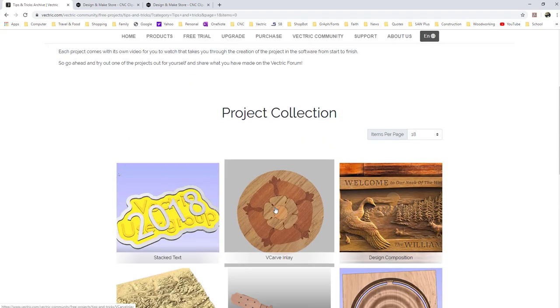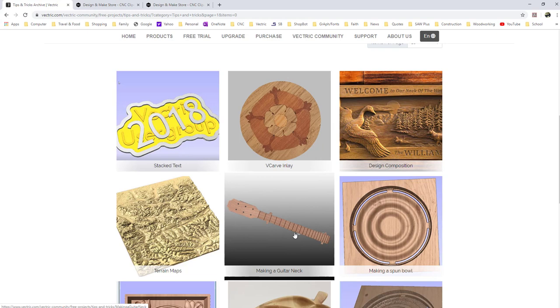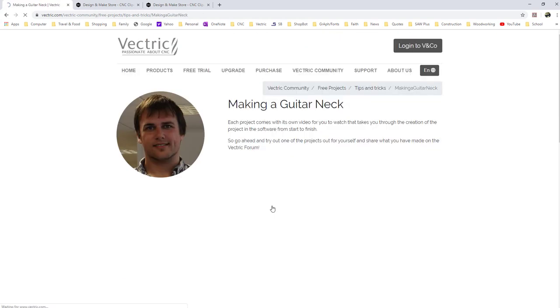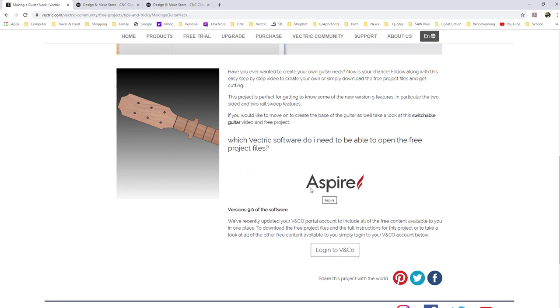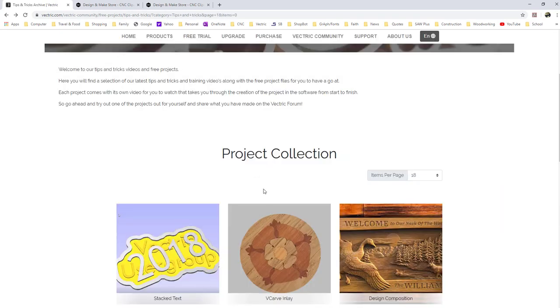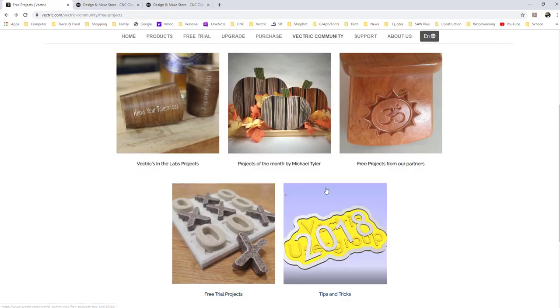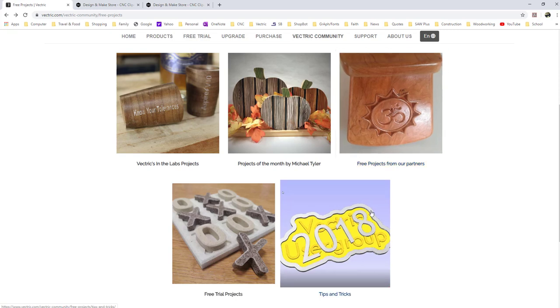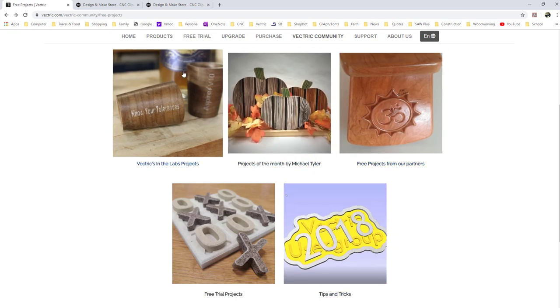Here are your tips and tricks if you want to learn, for example, VCarve Inlay, which is a fantastic technique, or making a guitar neck. Here are some examples that will lead you through the entire process. Notice this is only going to be for Aspire. So here we have a wide variety of different free projects, and you will have to register to be able to get these, but it's not a problem. The other area